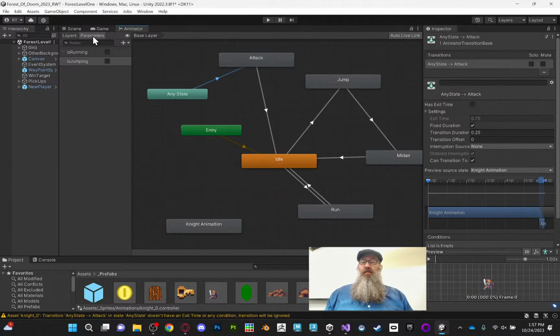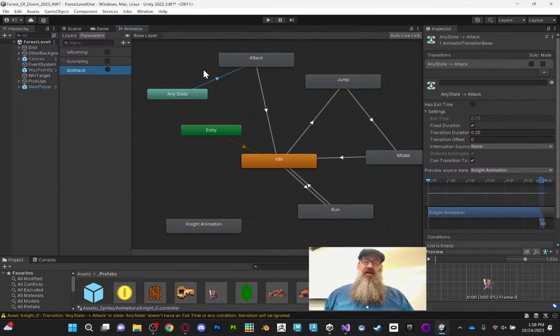And I'm going to do one more parameter here. This time, instead of a Boolean to see whether something is true or not, funny enough, we've got him doing an attack, so we're going to give him a trigger. Right? Dude got triggered. Now he's just ready to go. So do attack will be the name of my trigger. And this is like a Boolean that just gets reset immediately. It just happens. We do our thing. We don't care if it's true or false. We know the guy got triggered and he went and attacked somebody. So there's my new